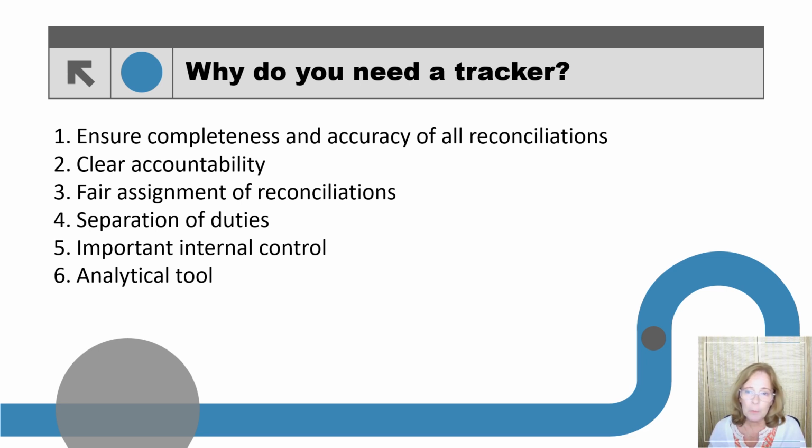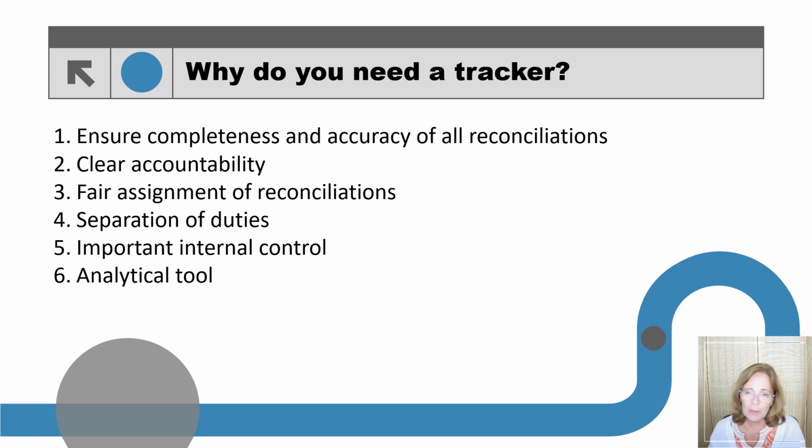By adding a few reporting elements to the balance sheet reconciliation tracker, the manager or controller can quickly see the status of the reconciliations and determine if reconciliations should be and can be shifted to another accountant, and thereby ensure the fair assignment of reconciliations. The reconciliation tracker also shows quickly who prepares what reconciliations and that there is separation of duties between important accounts. For instance, accounts receivable and the bad debt allowance.